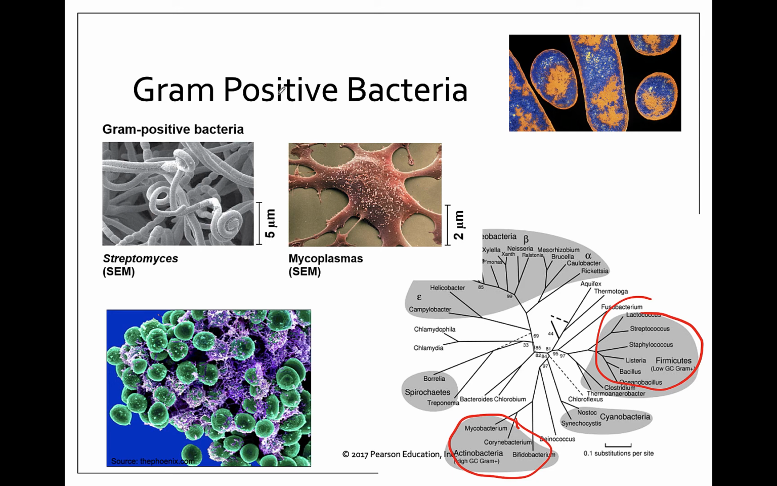Streptomyces, which are typically cultured as a source of antibiotics, so we can actually use some bacteria to develop antibiotics like streptomycin. Bacillus anthracis, which is the bacteria that causes anthrax, belongs to this group, as well as the Clostridium botulinum, which causes botulism. Staphylococcus and Streptococcus, which cause things like MRSA, which is methicillin-resistant Staphylococcus aureus, or strep throat